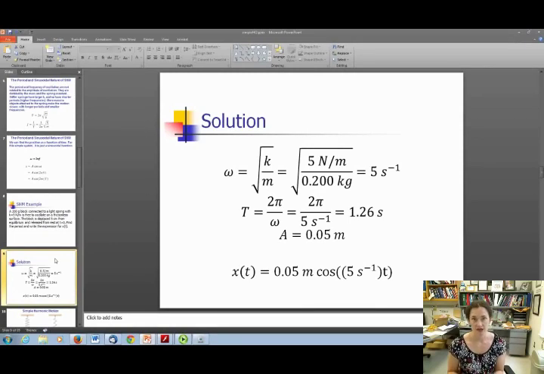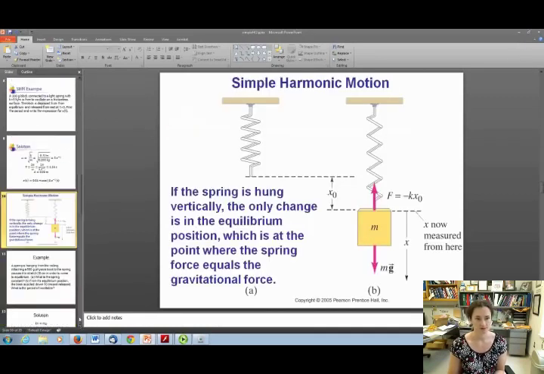So now when I plug in x is equal to A times cosine omega t, that gives me x of t is equal to 0.05 meters times the cosine of 5 inverse seconds times my time t. Okay,